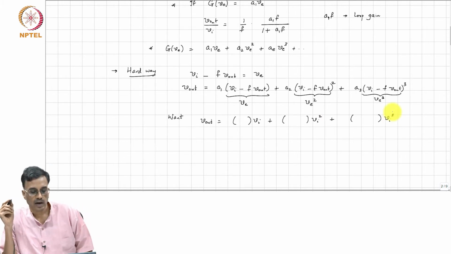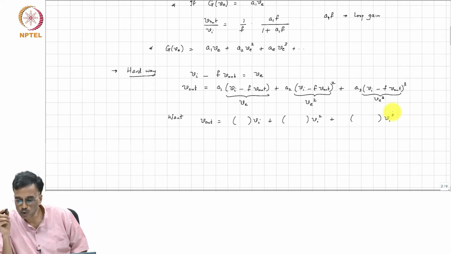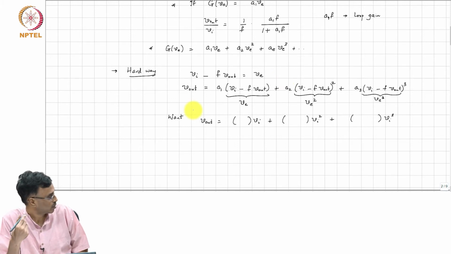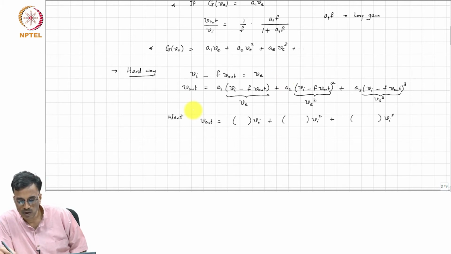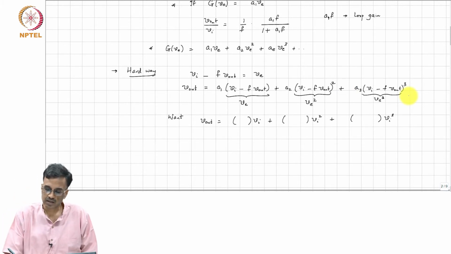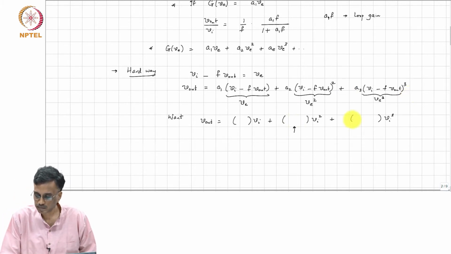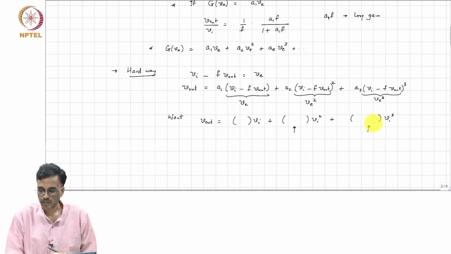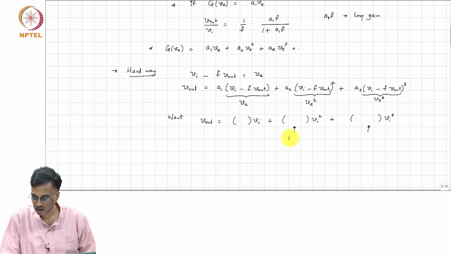And of course, if A 2 and A 3 were 0, then it is very straightforward. This is a linear equation and you can find the unknown. But now, because of these V out square terms and the V out V I term, and a whole bunch of cross terms, finding these terms